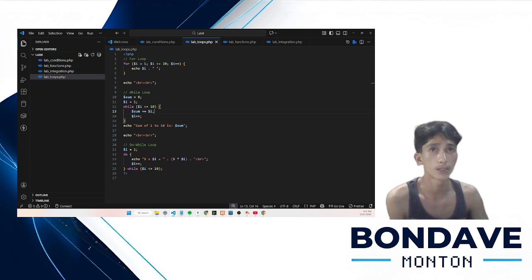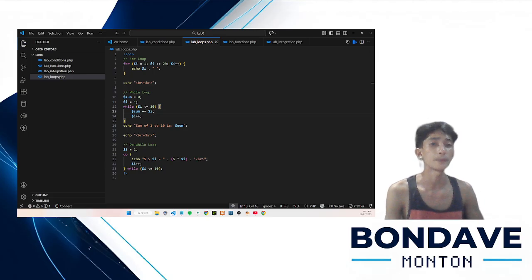I have here the lab loops. Loops are used when we want to repeat an action multiple times automatically instead of writing the same code repeatedly.